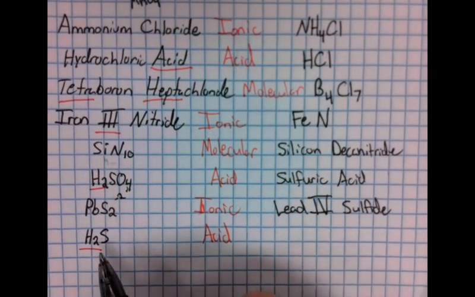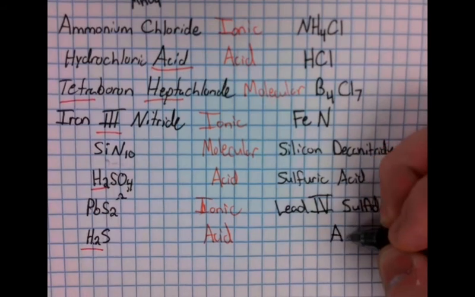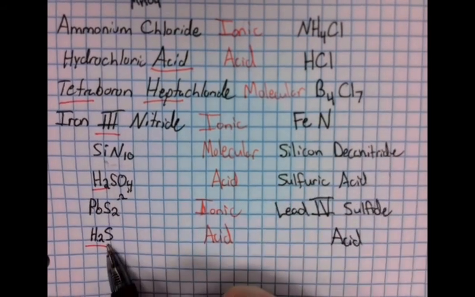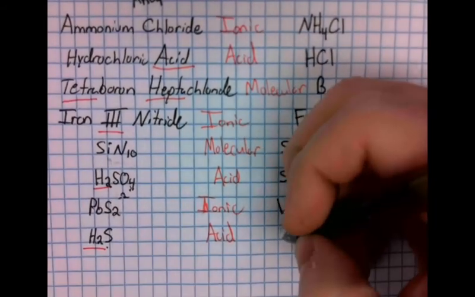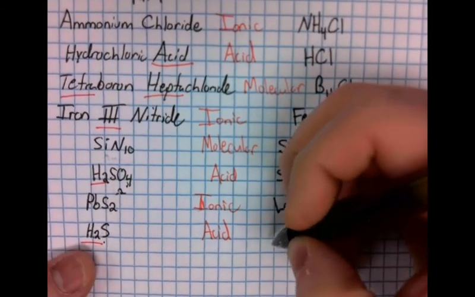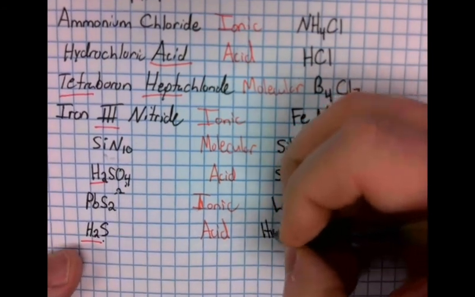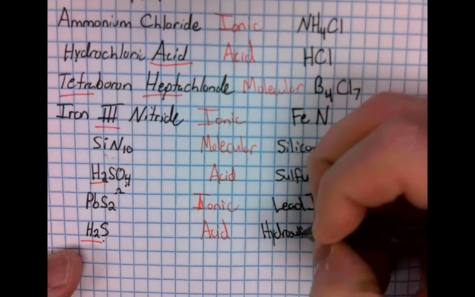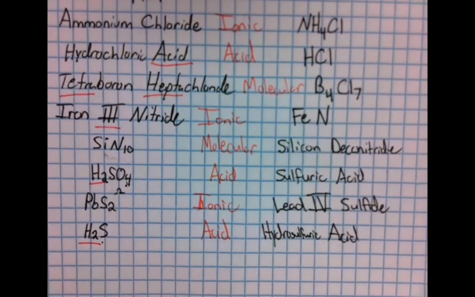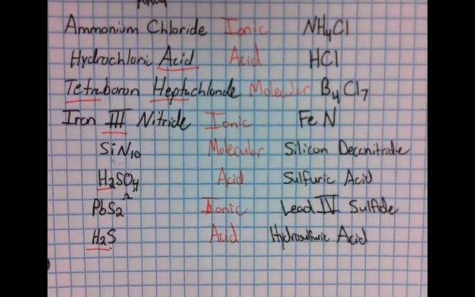And then finally, H tells us it's an acid, so we know the second part of the name is acid. We look at this piece. Sulfur is sulfide. Sulfide without an O, you ain't got no O's. It's got to be hydrosulfuric or hydrosulfic acid. I know that was way faster than any of my other examples, but like I said,